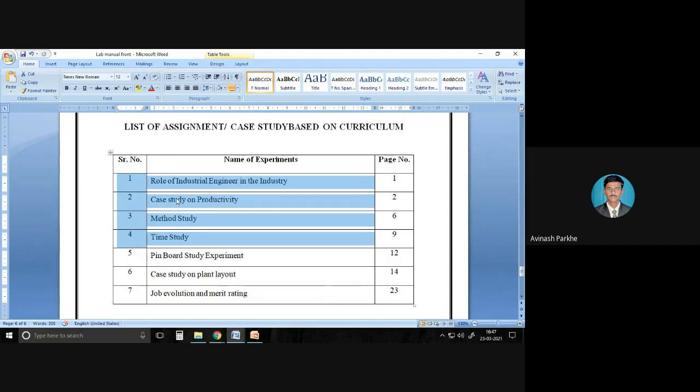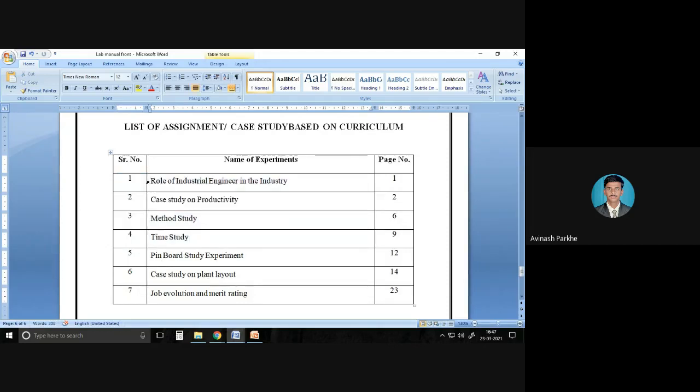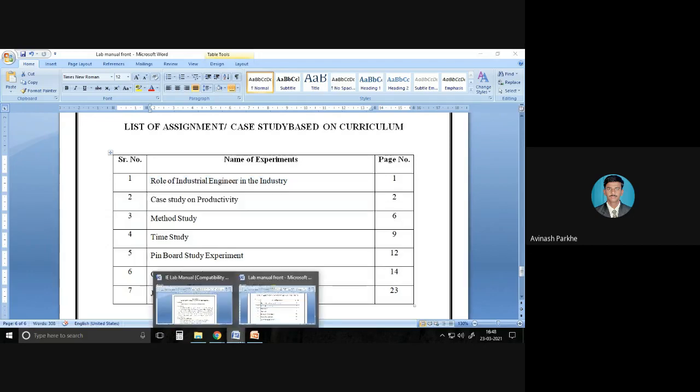But for today's lecture, we will cover experiment number 1 and experiment number 2, because both experiments are based on chapter number 1 only. Experiment number 1 is very simple. It is related to the role of the industrial engineer, and the second is related to productivity, in which we will solve one sample problem. Then we will cover experiments number 1 and 2. Okay, so now